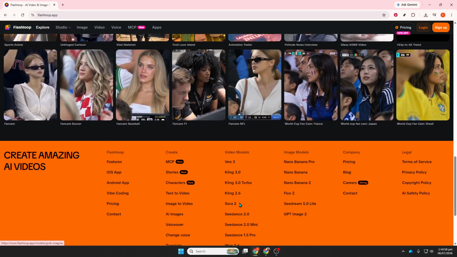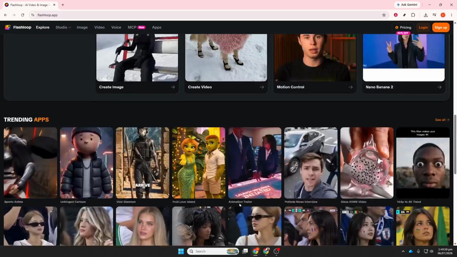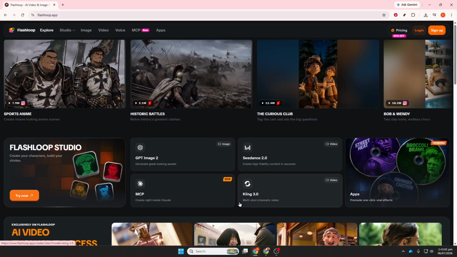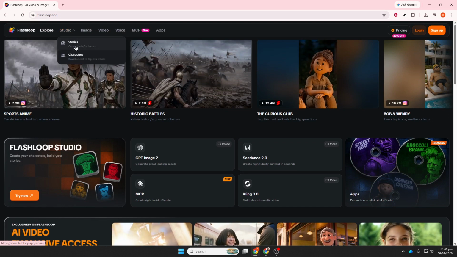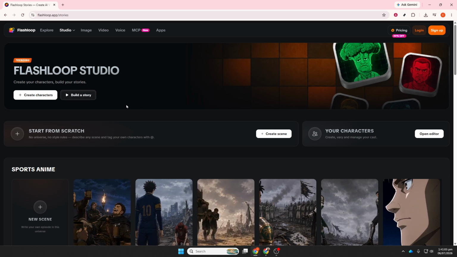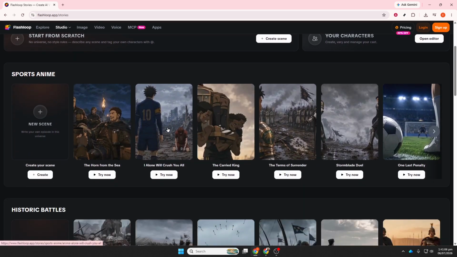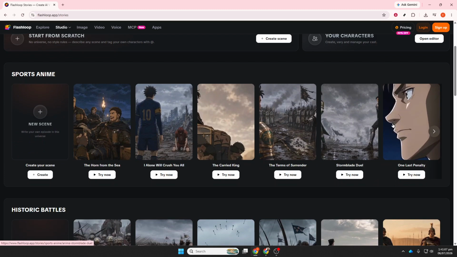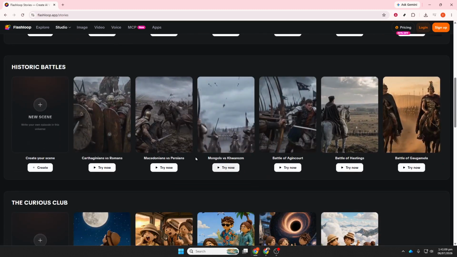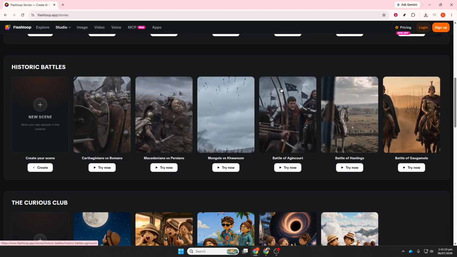Also, make sure you include any required hashtags, captions, or disclosures so the content meets the campaign rules. When your video is finished, upload or submit it through the Flashloop platform if required. If the brand or platform asks for revisions, make those updates promptly so your content matches the campaign requirements. Finally, once your content is approved and all campaign conditions have been met, you'll get paid according to the program's terms. Keep in mind that payment methods and